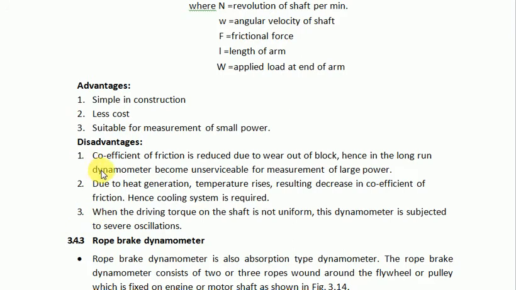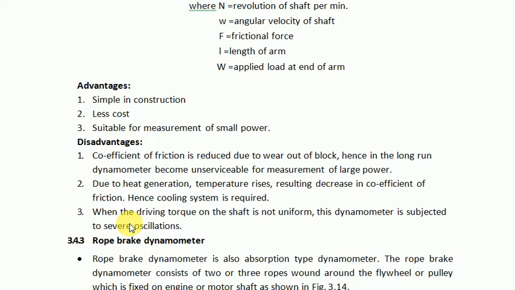The disadvantage is the coefficient of friction is reduced due to wear out of the block. Hence, in the long run, the dynamometer becomes unserviceable for the measurement of large power. Definitely, friends, there will be a wear on the wooden block because of the resistance, and because of that the service life of the Prony brake dynamometer decreases. Again, due to heat generation or temperature rise, the coefficient of friction also decreases, so a cooling system is required